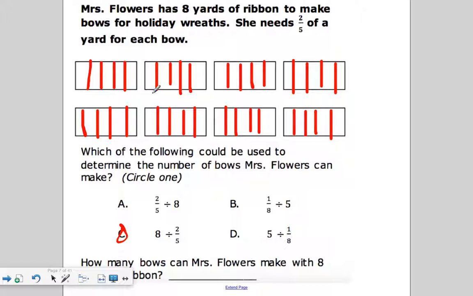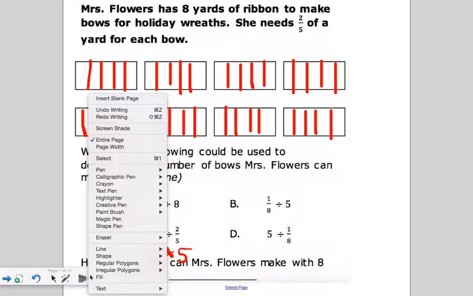How many fifths do you see here? So we have 8 bars, and how many fifths do you see in all? I see 40 of them. Let's see. There's 8 bars, each one has 5 of them. 8 bars times 5 is 40. So I started with 8 yards, and there's 5 fifths in each, so 40 of them. So 8 times 5 is 40. Now,